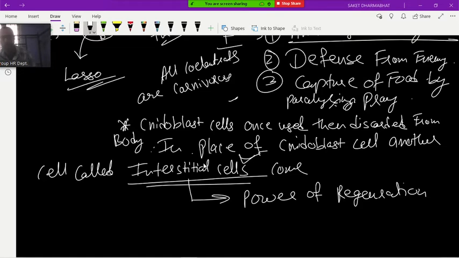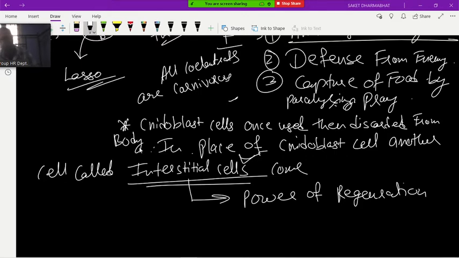Sir, in their life, they can use the nidoblast only once? Yes, sir, only once they can use the nidoblast. Then their lifespan should be very less, no, sir? Yes, like that. But one thing, they also do asexual reproduction. So like that, they can survive more. In the asexual form, the newborn will have new nidoblast cells.